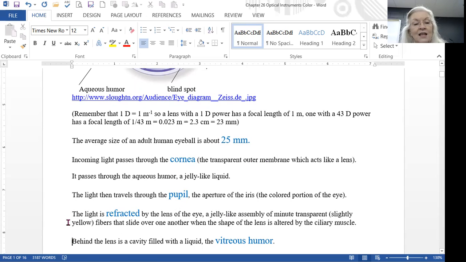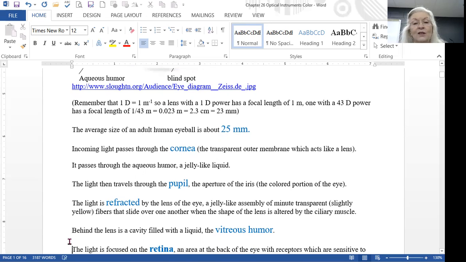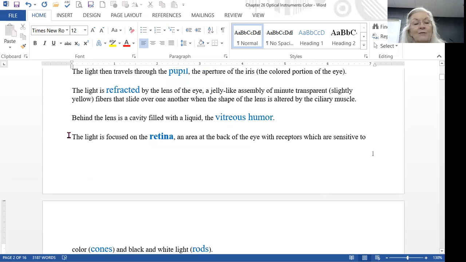So it's ever so slightly yellow, and it's made out of fibers that slide over each other to give it that change in shape when you exercise those ciliary muscles. Behind the lens, that cavity is full of the vitreous humor. Again, it doesn't do much to bend the light. It just holds things in place. And then we've mentioned that the light's focused on your retina. It has receptors